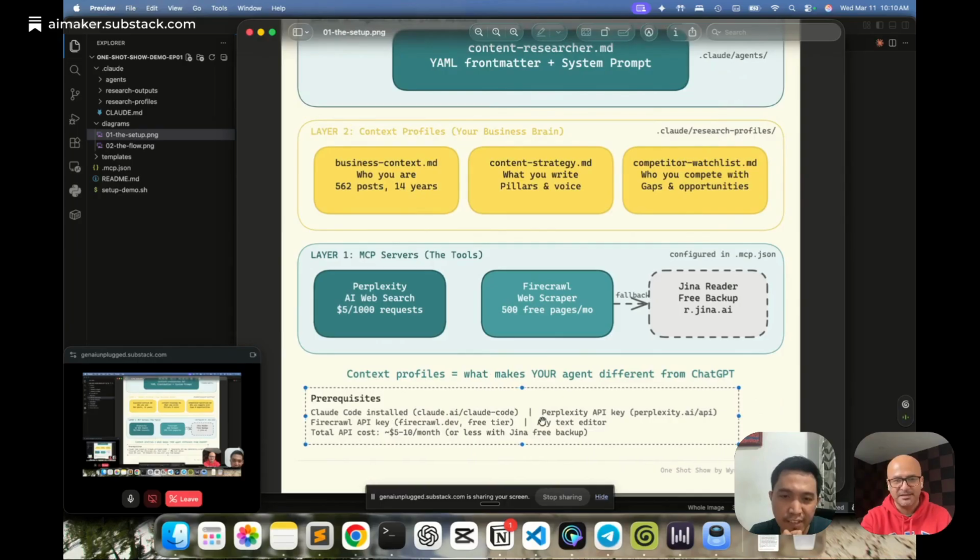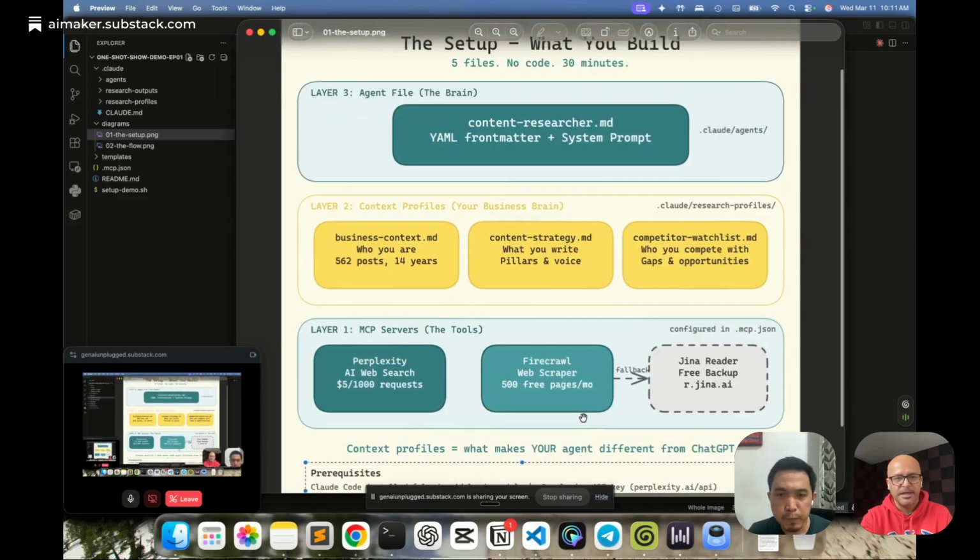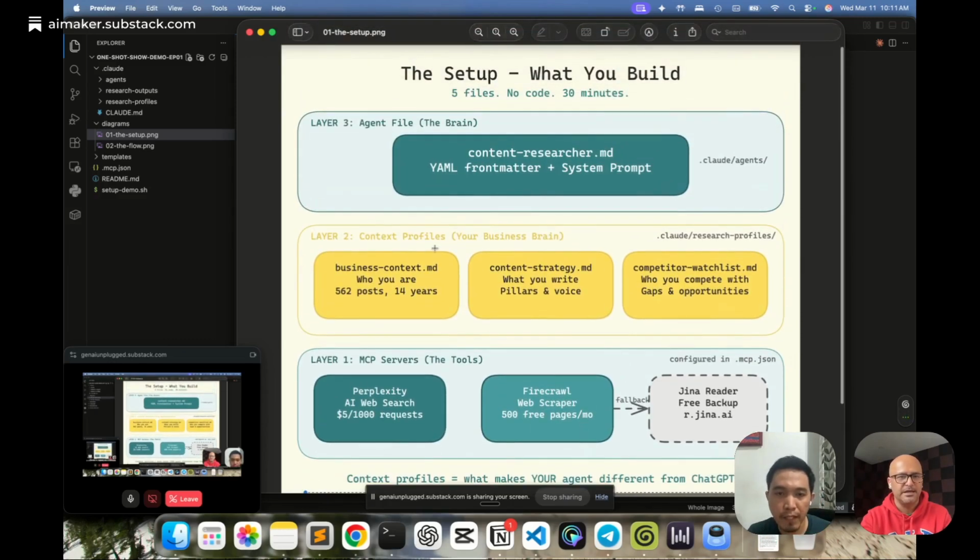But yeah, like Windows said, you can use Cursor and other tools, or even the command line utility of Mac or Windows too. So now coming back, these are the prerequisites that you would need. Then what we have is three layers, right? The whole agent is part of three layers.